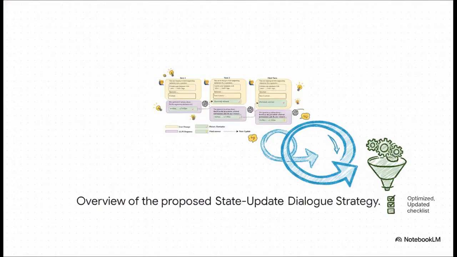And here is what that loop looks like in action. Check out those green XML tags in the bottom right corner. The model drops its key findings right into those tags. Then the framework scoops them up, and on the very next conversational turn, feeds them right back to the model as a strict history reminder. Because it's actively managing the flow like this, the model never has to go back and reread a massive wall of text. It's just reading its own highly optimized checklist.